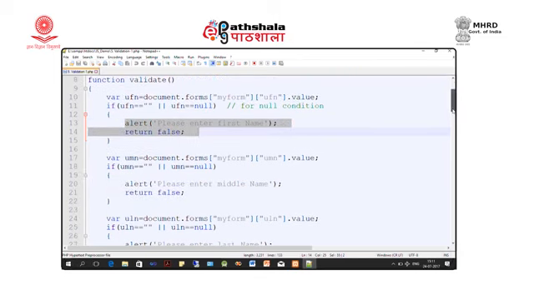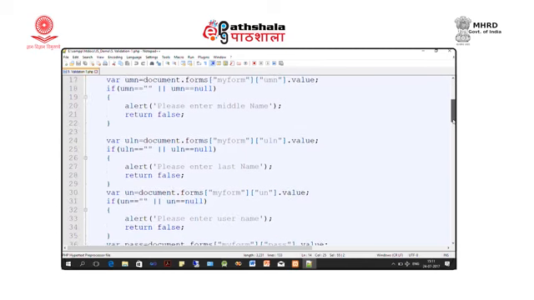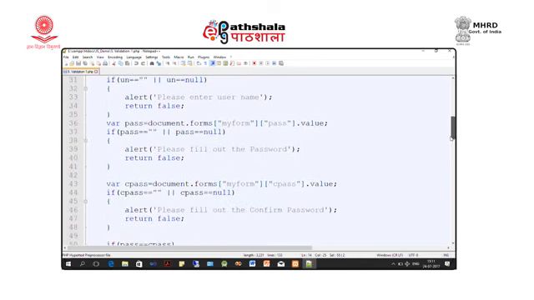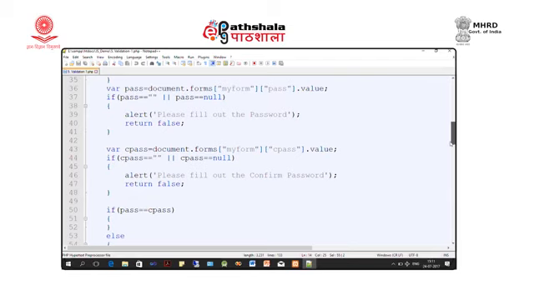Similarly, we write for middle name, last name and username, and password must be there. For password we also write, if it is blank or null, we write please fill out the password.